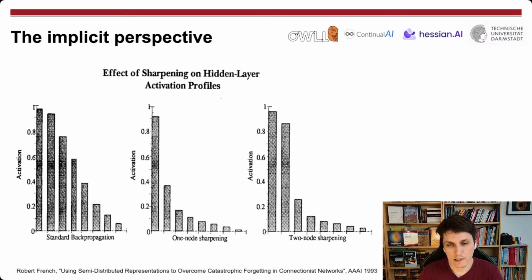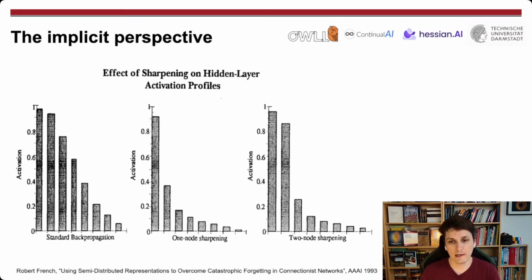We can see this maybe more intuitively in a visual example of what this would look like in terms of actually visualizing the activations, and it's illustrated on this slide here, where we see the effect of this activation sharpening method on a single hidden layer of a neural network with respect to how it looks in the standard case, which is on the very left. So again, you can see here that in the 1, 2, 3, 4, 5, 6, 7, 8 nodes that you have, each of them sort of activates for the specific input, which is expected, but it's